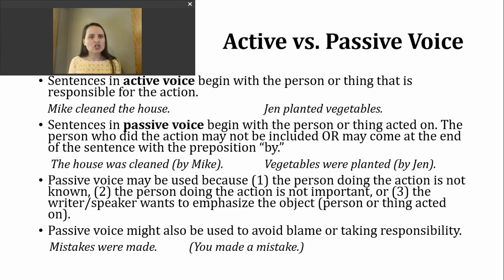Depending on the relationship with a person, that could be kind of tense or difficult. So that might be another reason someone goes to the very general "mistakes were made," and then if somebody else wants to say, "Yes, it was me, I made the mistake," that might be a better or more comfortable situation